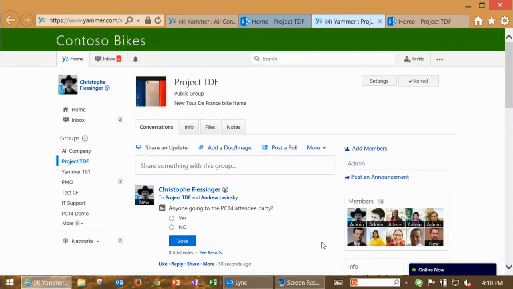So yes, you can do a survey using SharePoint. SharePoint surveys are great, and this is just another way of doing it. Typically, the one argument I would put for a Yammer survey versus a SharePoint survey is that this is very easy to start. I don't need permissions. And if it's something like, who's coming to the picnic, or something not mission critical, in two clicks I've got it, I can get feedback, and then we can move on. I'm not saying this is better. I'm saying potentially it's a different use case than a stricter SharePoint survey. But there's definitely some overlap in terms of gathering feedback from peers. Does that answer the question, Andrew?